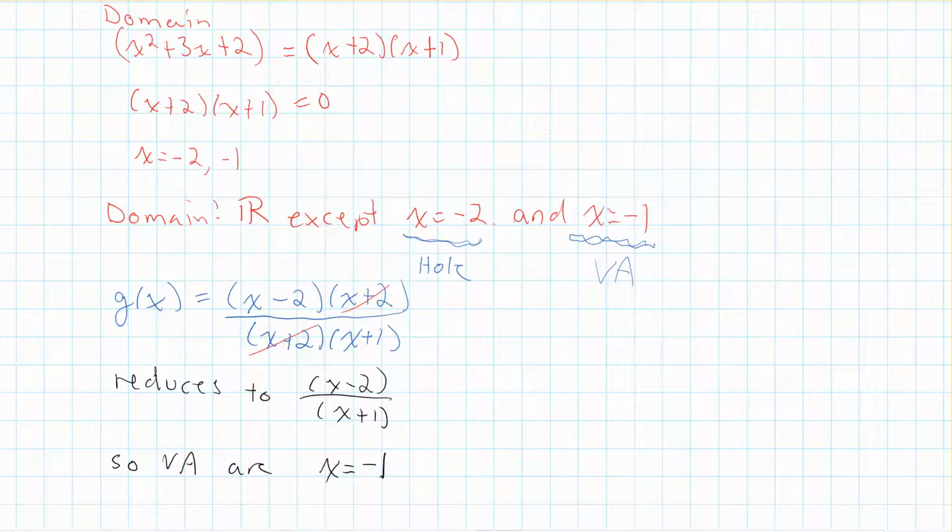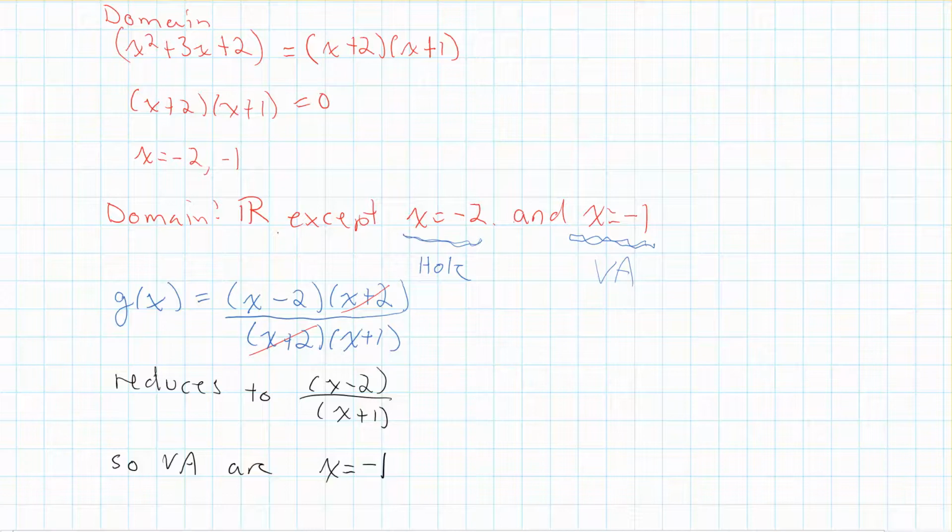So it's not the same as the domain. Your vertical asymptotes aren't necessarily the same as your domain. Now, in a lot of cases, it will be the same as your domain, but it's not guaranteed. So that's why, when you're looking for vertical asymptotes, you should always first ask yourself, can you factor and reduce the rational function? And if you can, you want to do that first, then find what makes your denominator 0